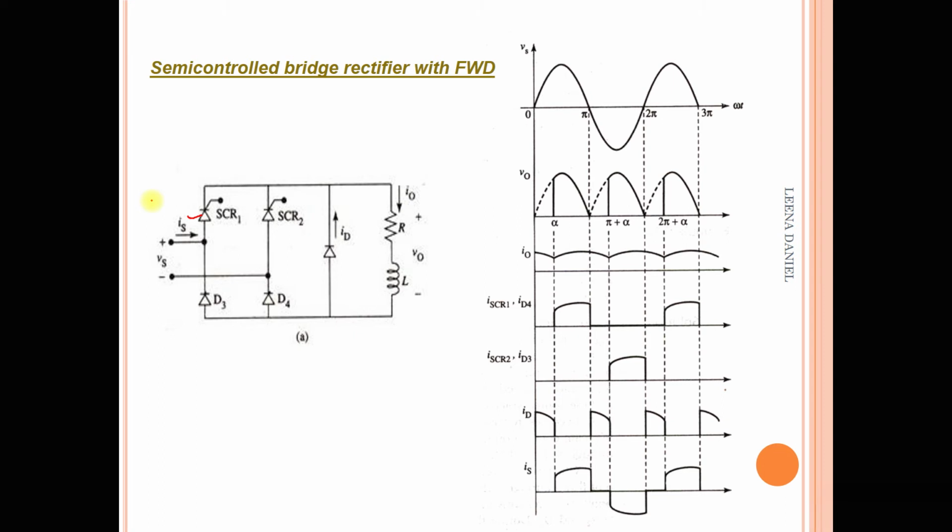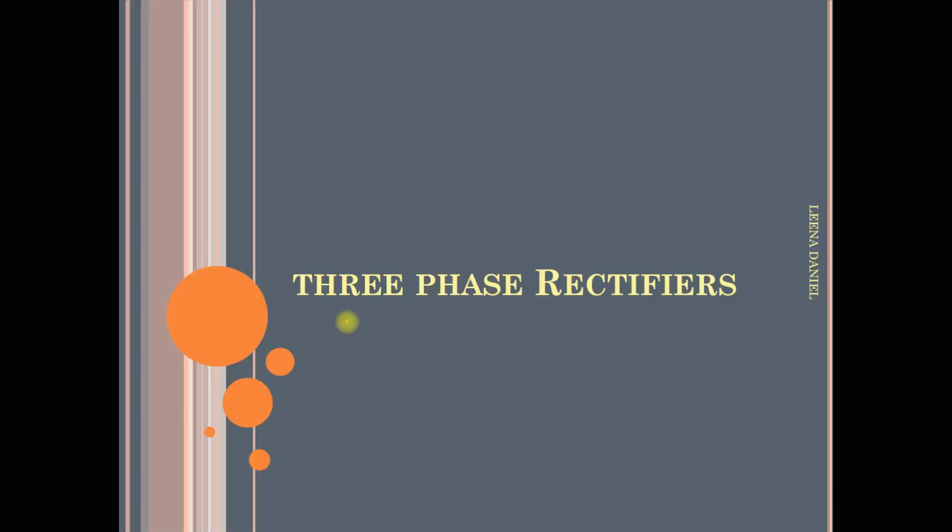Okay, so this is all about single phase rectification. Now we will move towards three phase rectification. So what are three phase rectifiers? If we give three phase in the input, we get DC output across the load. If we compare the single phase rectifier with the three phase rectifier, we find that the efficiency of the circuit is improved, and the pulses and ripples which we get in the single phase circuitry, we will not get in the three phase rectifier.